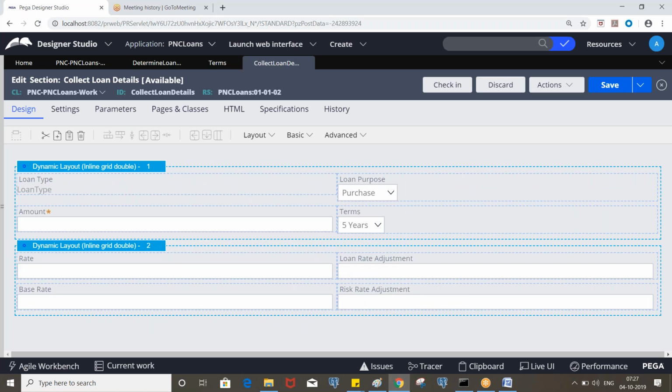Okay, so the next step is to create a declare expression on loan rate adjustment and invoke the decision tree. So whatever properties we specify in the decision tree, those properties will be input properties. So whenever an input property value changes, the target property called loan rate adjustment gets updated. Clear?